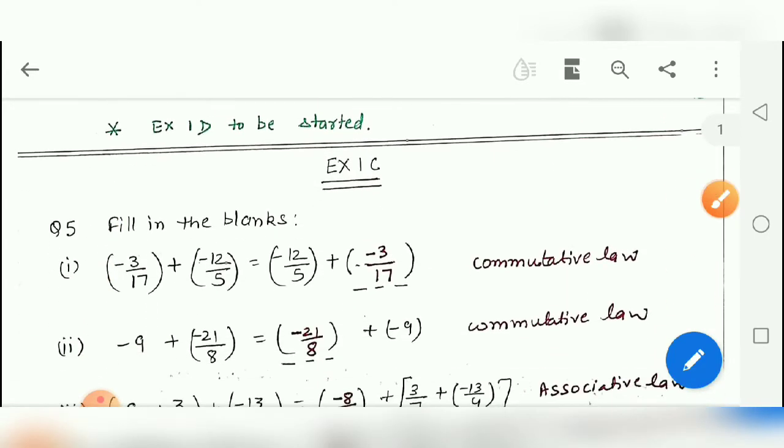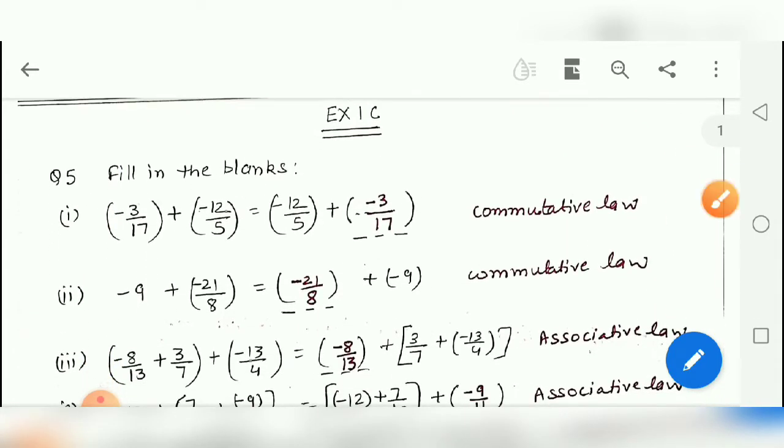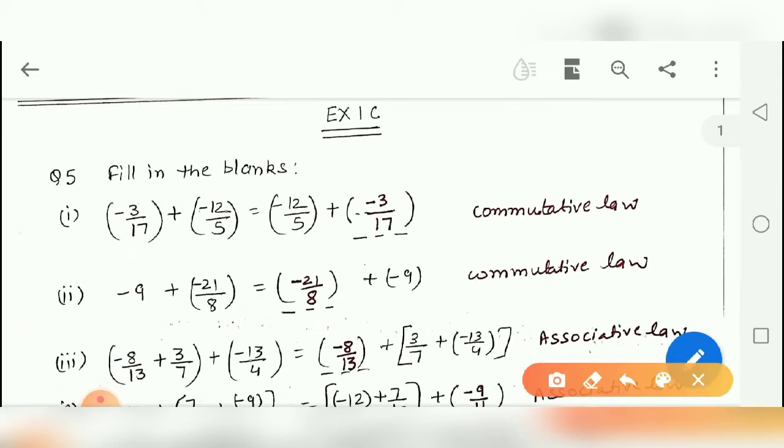So, let us complete our exercise 1C. Its fourth question. Fourth question is fill in the blanks. Its fifth question is fill in the blank. Here, in every part, one fill in the blank is given like this. In first part, this is the fill in the blank. We have to fill this. Now, we will see from the part which property is used and which number is to be written in the